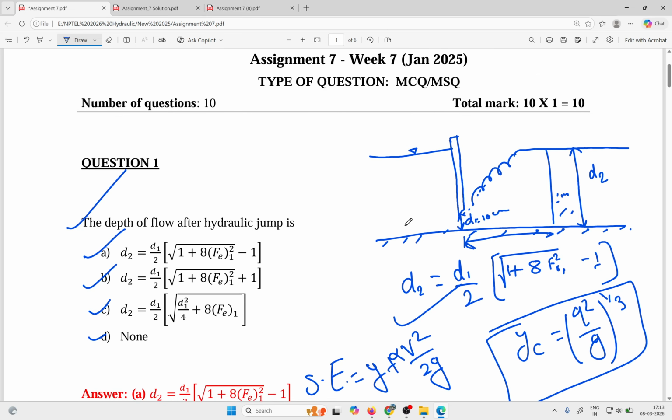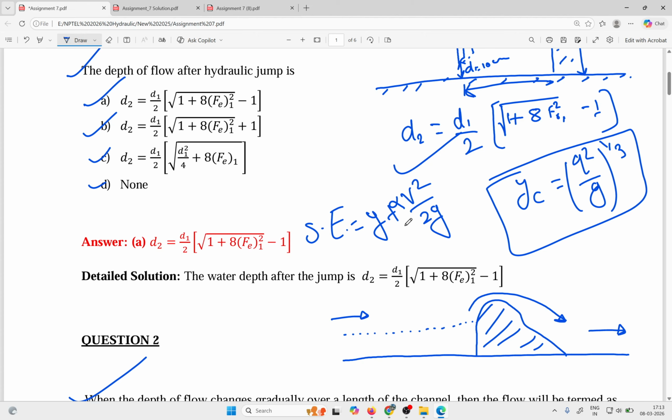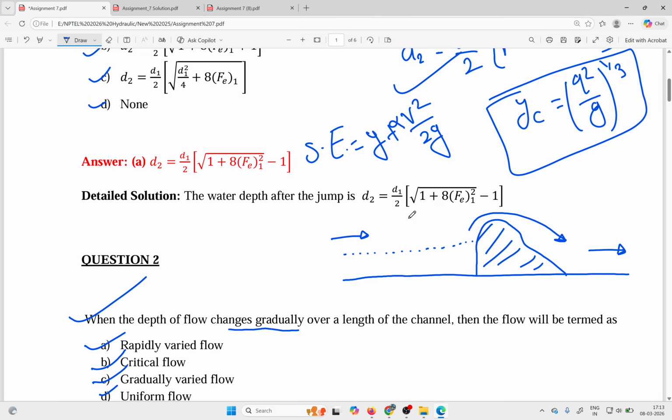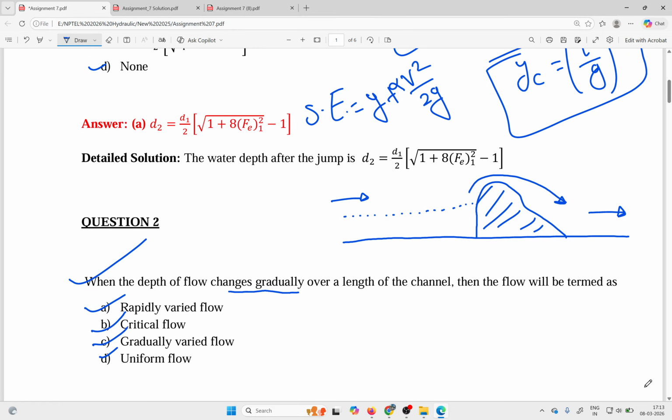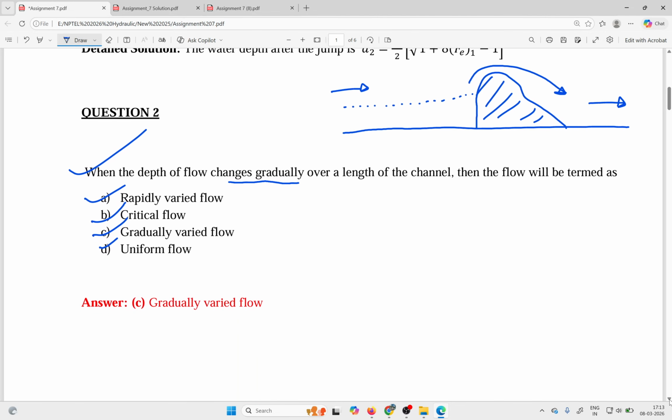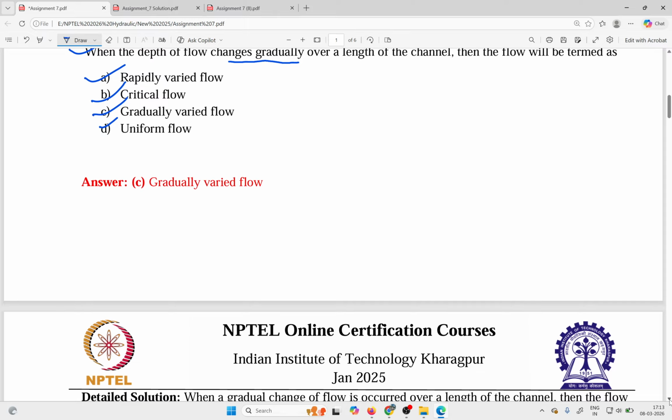So this is your basic understanding of gradually varied flow. Yes, definitely the answer for this question will be C, the gradually varied flow. Now let us move on to the next one. Next question is,